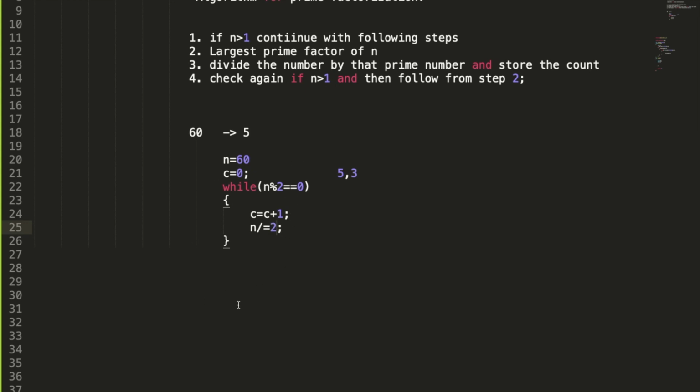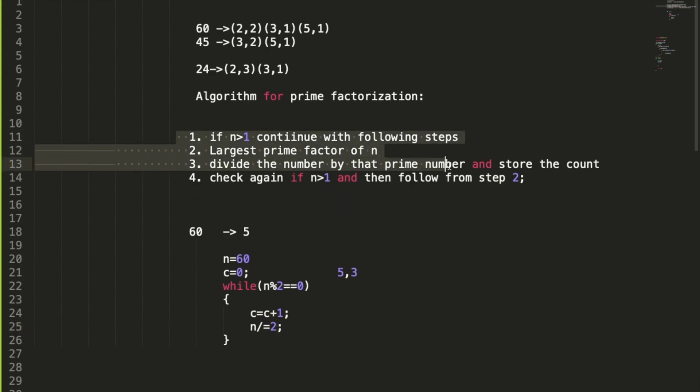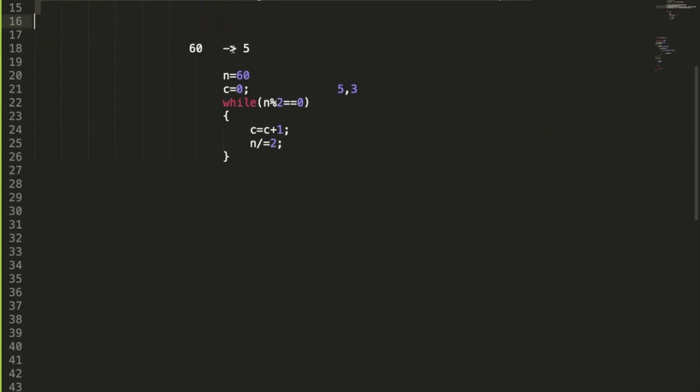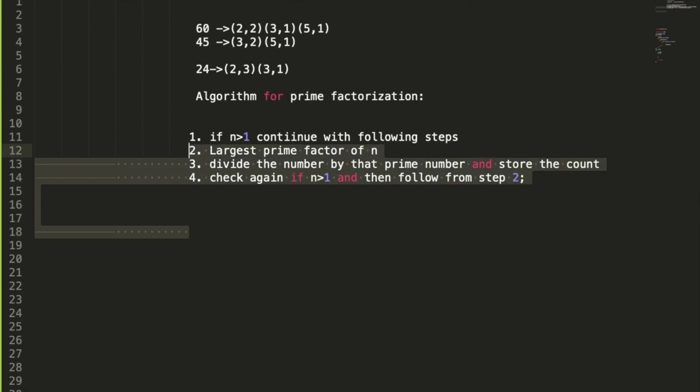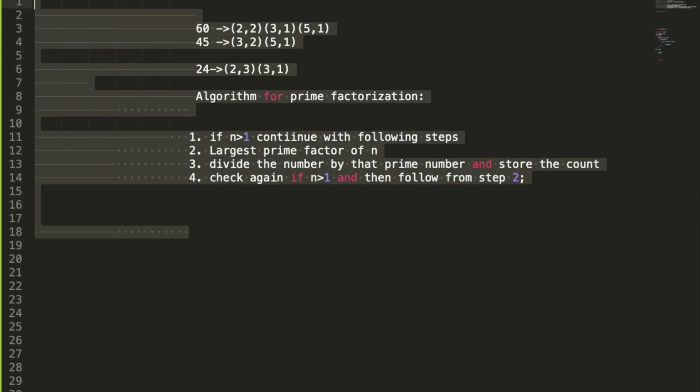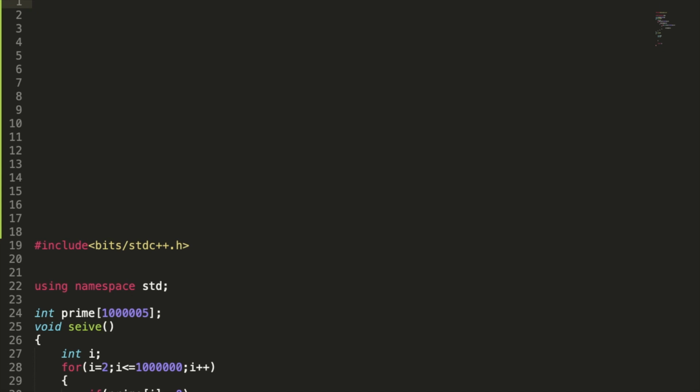So this is the approach. Make a note of this. You can try 2 to 3 numbers, then you will get a feel of it. Don't just grasp it, try to learn these steps, and you can follow it by having an example. You can take many examples from there. In the last video we did the largest prime factor of a number. This was the code of it.